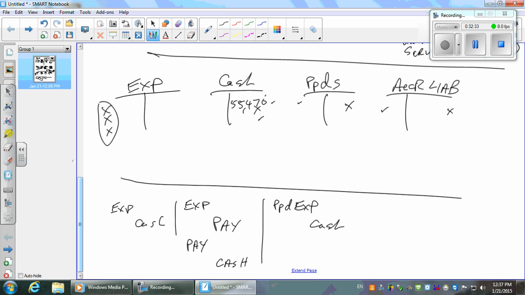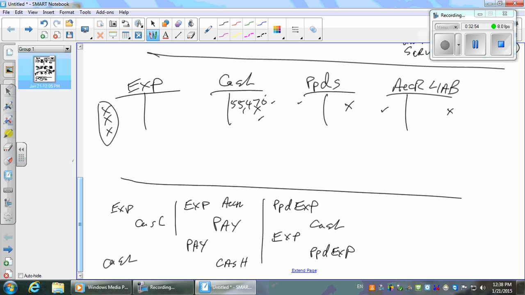Debit your expense and credit the prepaid. When I use it up, I debit expense, rent expense, salary expense, whatever it is, and I credit the prepaid. This is what I was just saying, you guys. Those are the three possibilities, right? A cash deal, a credit deal, which is doing something on account